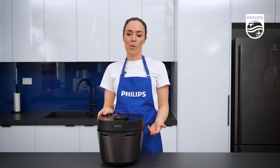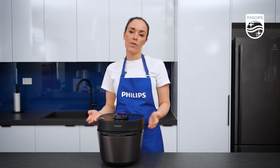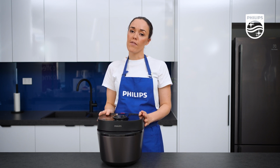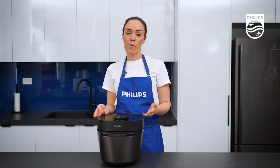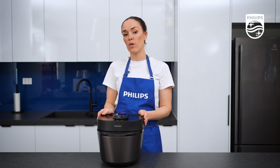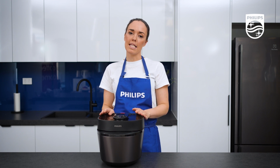That goes on to the second point, which is the 18 safety mechanisms. I think there is still a lot of fear around using pressure cookers or multi-cookers around a small family. At Philips, we've incorporated these 18 safety mechanisms. One of them, for example, is you can't open the lid when there is any pressure in the unit. We also have the addition of a child lock to know that you're completely safe with little